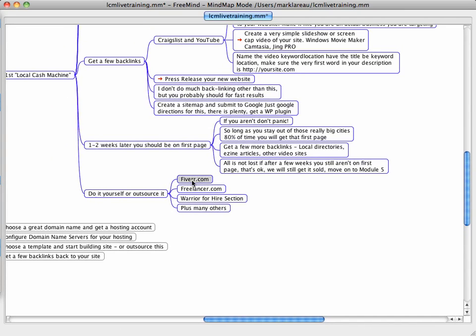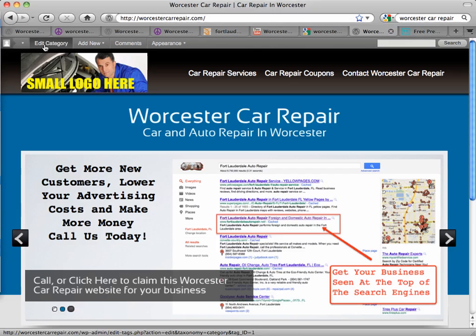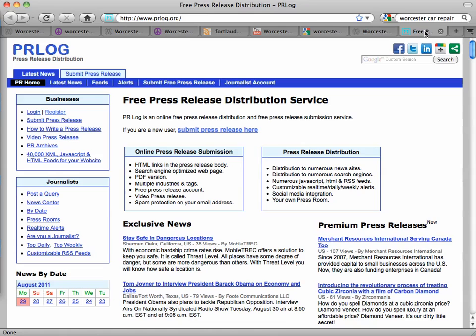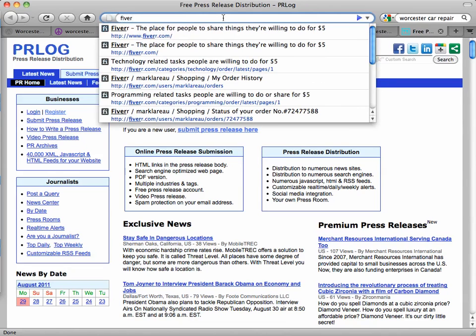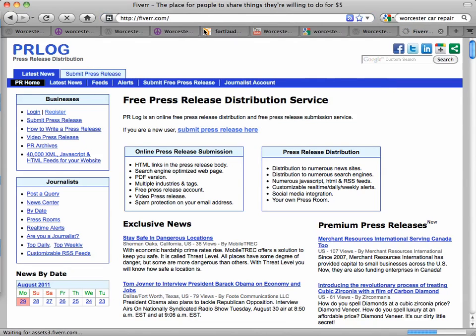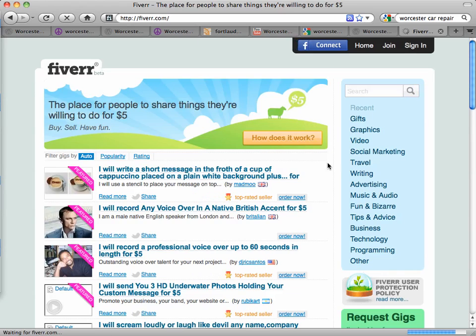You could go to Fiverr and get 50 backlinks for probably $5. You could get someone to create a video review for you. Like if we go to Fiverr really quick, and Fiverr's pretty cool. But you can see, we're going to go here, and we'll go right to